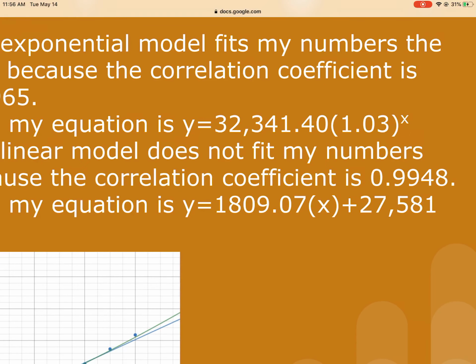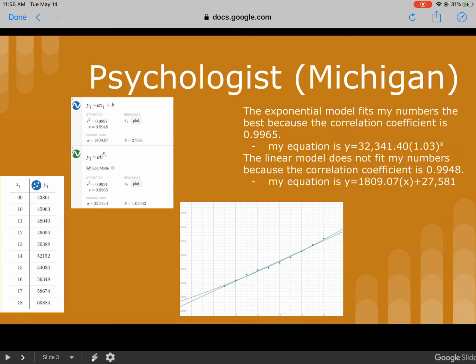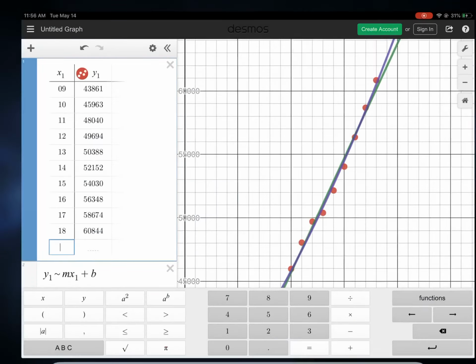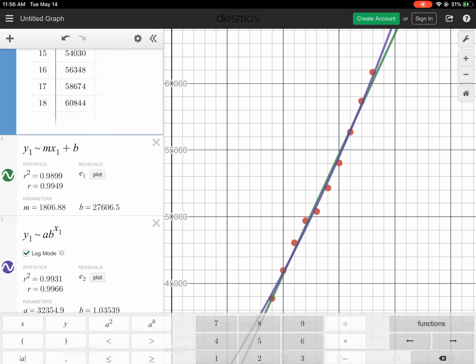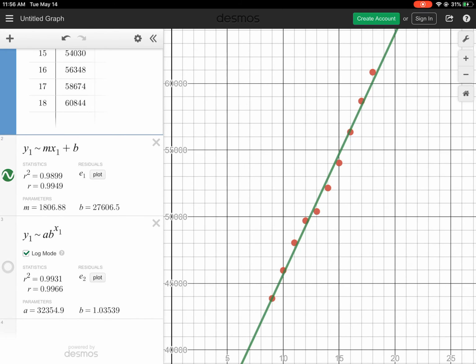They also wrote both of their equations that they got. So on Desmos, when you graph these, it gives you, let's look at the green one. So let's not even look at purple. So the green we have, our M value is 1806, and our B value is 27606. So if I were to create an equation,